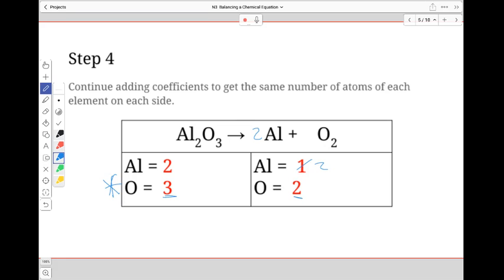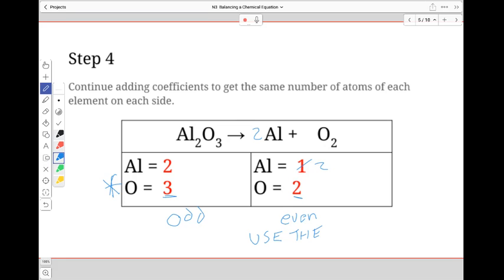Like if I put a coefficient of 1 here, don't write this down yet, that gives me 3, but putting a coefficient of 1 here gives me 2, and it doesn't really change anything. So what I usually tell kids is I look at the number of each element on both sides, and I see that I have an odd number here and an even number here. And so I call this the odd even balancing hint. The odd even balancing hint says I need to use